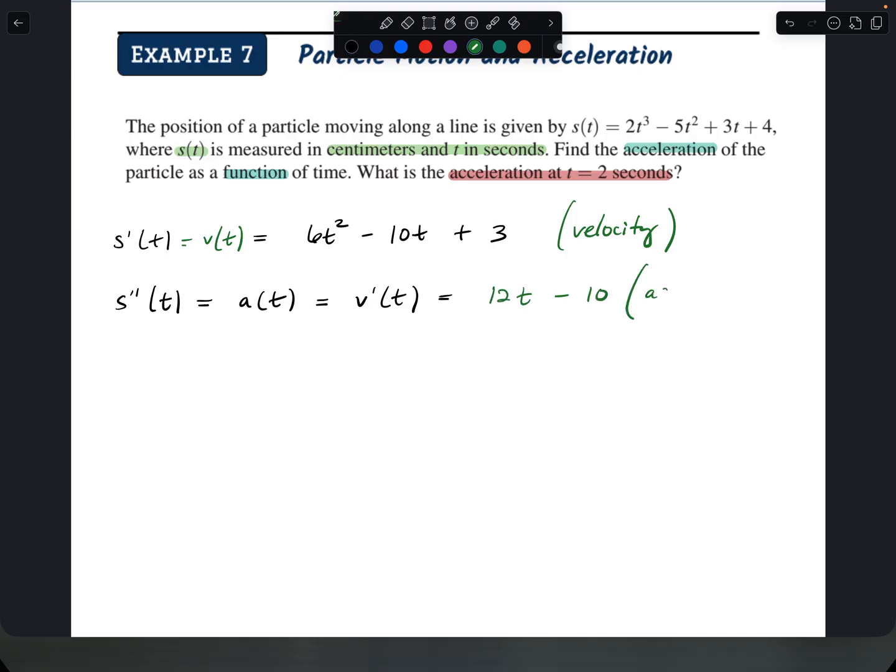So second derivative, this is acceleration. So this right here is velocity. And then a of t is acceleration. So now, this is my acceleration function. So a of t is equal to 12t